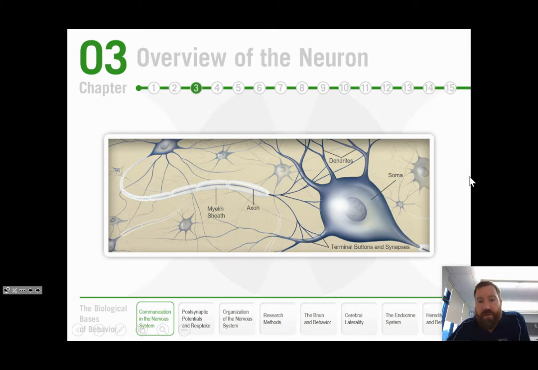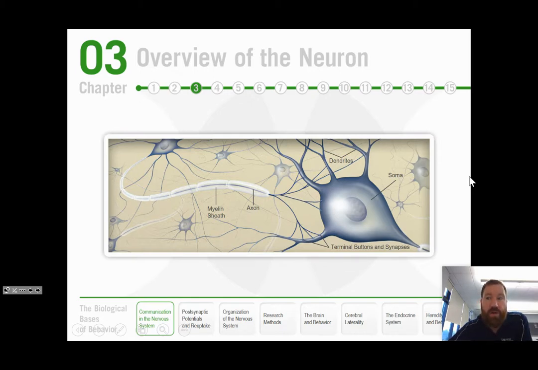So first off, there are more things in your nervous system than just neurons. There's actually things called glia or glial cells, which we'll talk about in a little bit. But neurons are really the main cells that receive, integrate, and transmit information. Okay? The vast majority of them for us are what we call interneurons. These are neurons that are connected to other neurons. They communicate to each other.